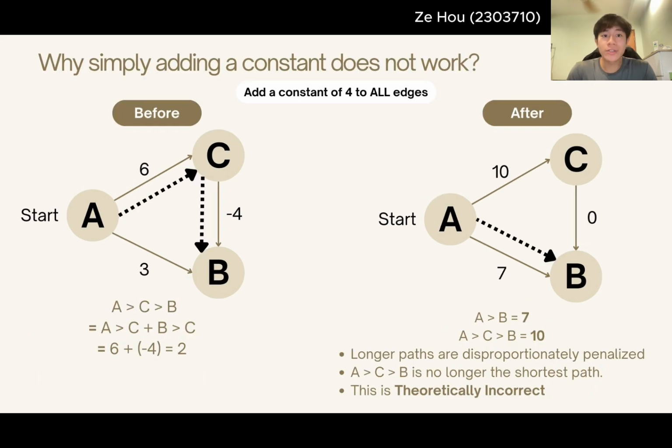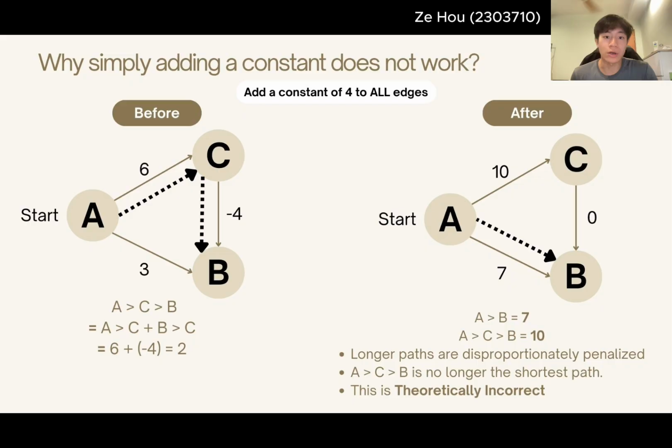You might think, why not simply add a constant of 4 to all edges, so that all edges become non-negative? Let's look at this example. A to C to B is currently the shortest path. This has to stay the same. However, after adding a constant of 4 to all edges, A to C to B now has a weight of 10. However, A to B has a weight of 7. So now, A to B is shorter than A to C to B. This is because longer paths are disproportionately penalized when adding a constant to all edges. And since A to C to B is no longer the shortest path, it is theoretically incorrect, and hence, negative